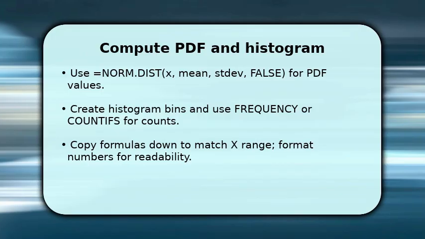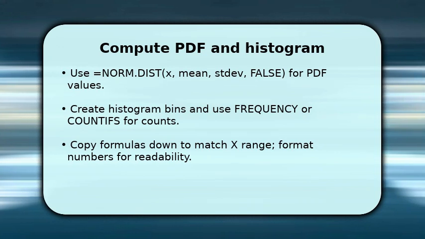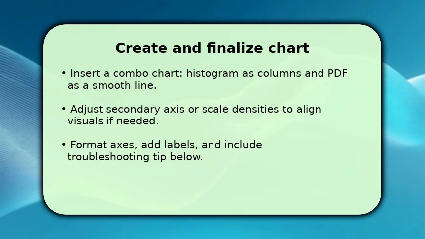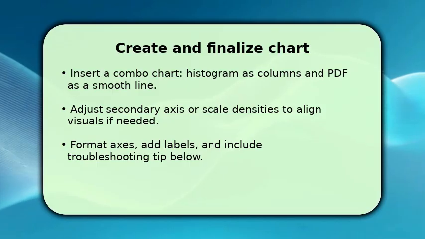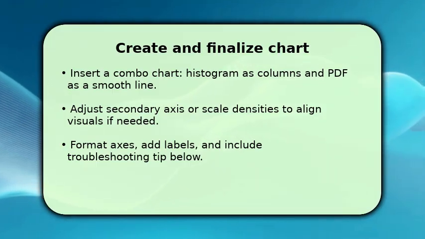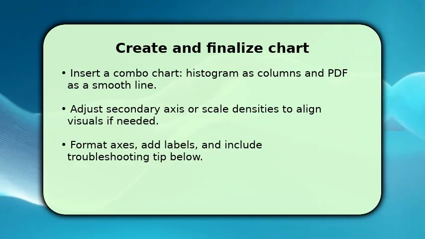Once calculations are complete, convert counts to density if you want the histogram to share the same vertical scale as the PDF. Insert a combo chart. Plot histogram counts as clustered columns and the PDF column as a smooth line. Select secondary axis if scales differ, then align by converting counts to densities or rescaling so the line sits atop